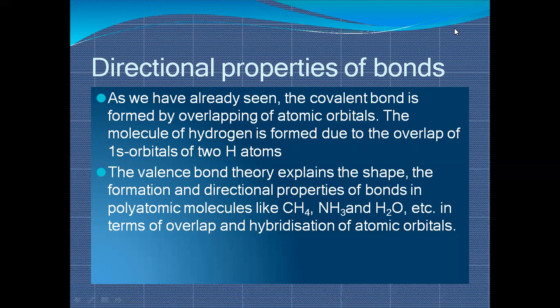Directional properties are all those properties which are related to the bond, like towards which element the dipole moment will be, or whether the moment of the bond is more. So it just explains to us about polyatomics. A polyatomic molecule means one in which we have different types of atoms, okay, which are attached to a central atom. The central atom and the attached species are actually different. Previously it just explained to us with the help of hydrogen.